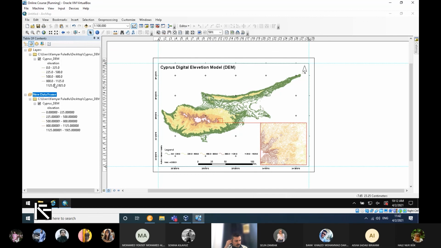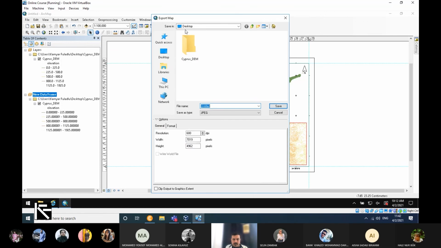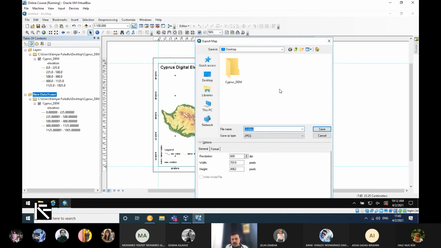Yes, here we are. You are able to choose a different resolution, DPI, and format, either raster format or vector format. For instance, we have EMF, EPS, Adobe Illustrator, PDF, SVG. These are all of them